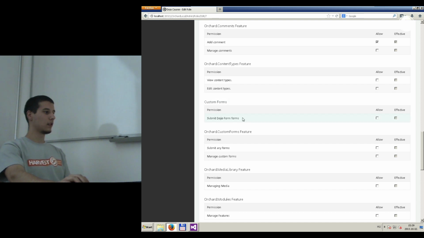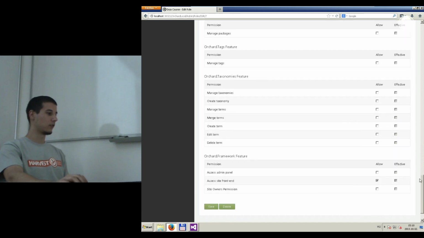As you can see, you're going to have an entry for each of the custom forms you've created. And the entry is about allowing that role to submit forms. And I want to allow anonymous users to be able to participate in the Dojo course, of course. So I want them to be able to submit a custom form of this type called Dojo form. So if I click on allow and then save this role,